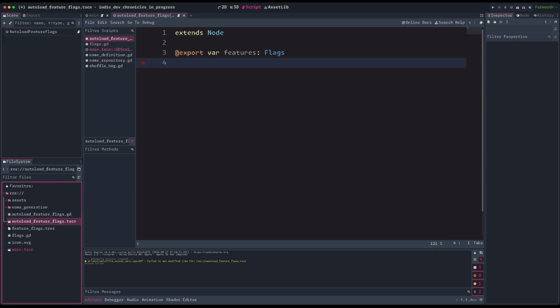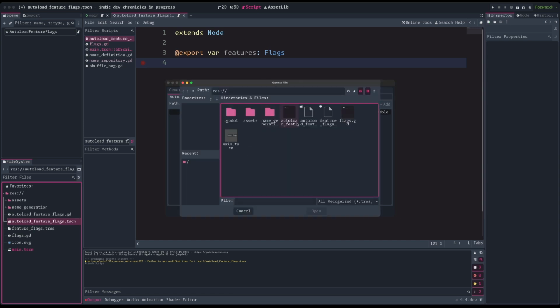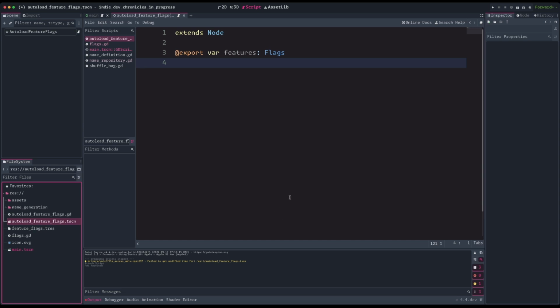And we're going to make this an autoload, which requires us to go into project settings, globals, autoload, select the scene that we just talked about. We're going to give it a name. I'm going to call it flags. Or actually, I can't call it flags. That's taken. I'm going to call it feature flags. And add it. So now feature flags will be a global reference to this scene,